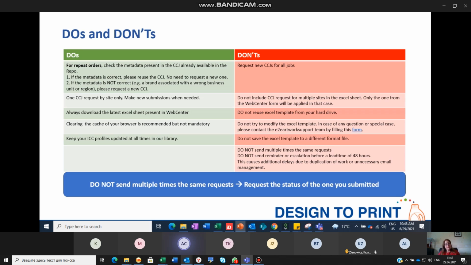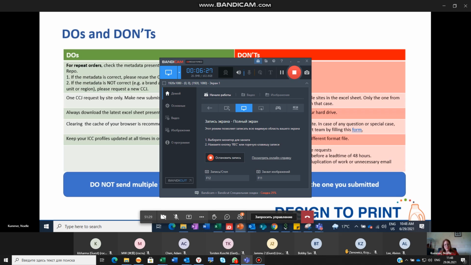Talking about ICC profile, quick reminder that it's important to keep them always updated. Either by submitting a form to add new profiles, just as important as it is to delete old ones so that we don't